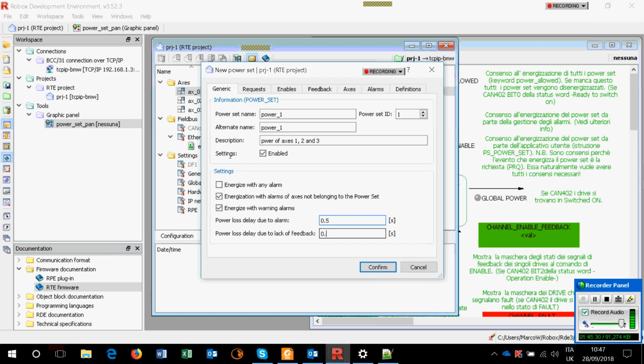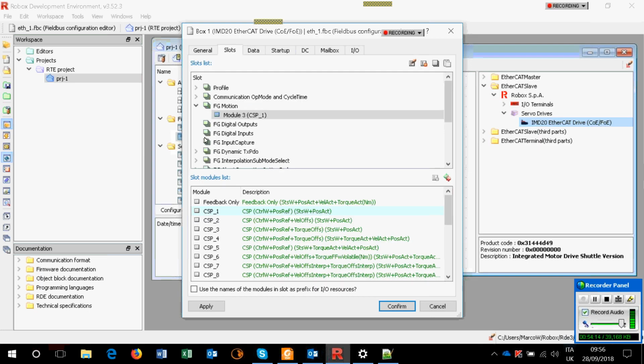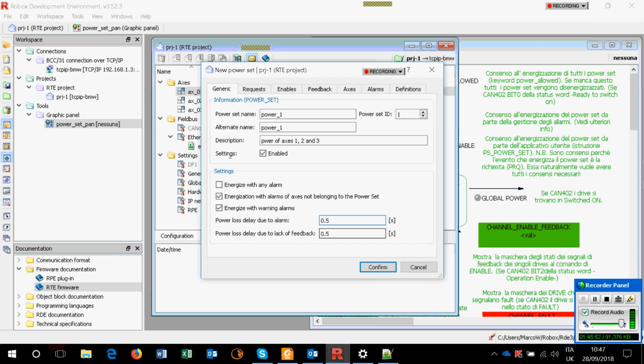When I have no more feedback, again, I make a controlled stop with this kind of timer. Okay, so it is important to set that timer. The fast stop is very important for safety. We set this one, we will be sure that after that time the machine will stop, and during that time